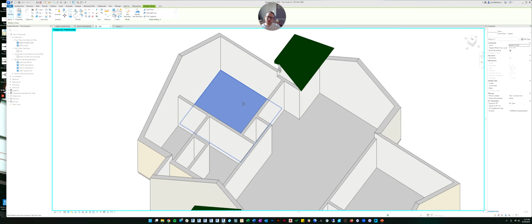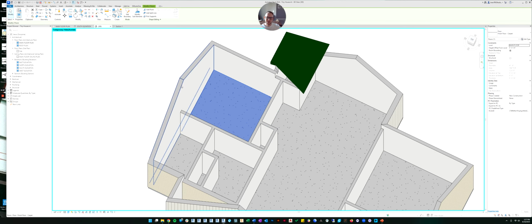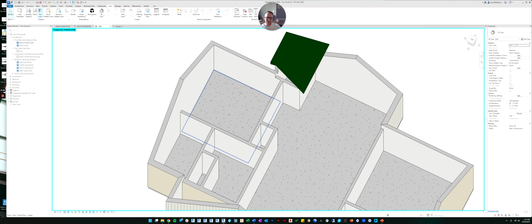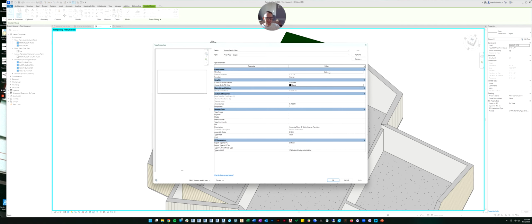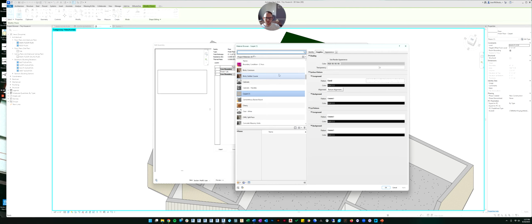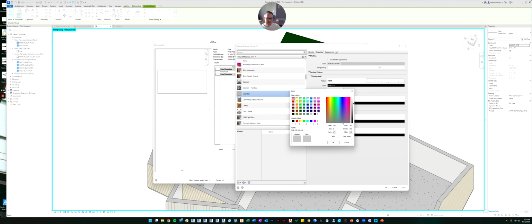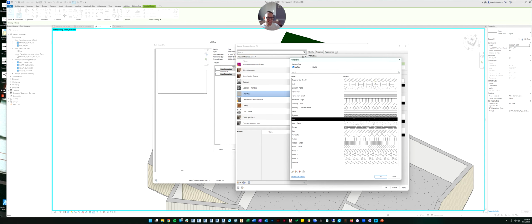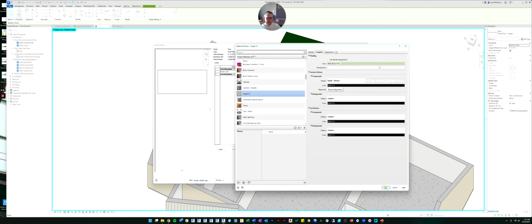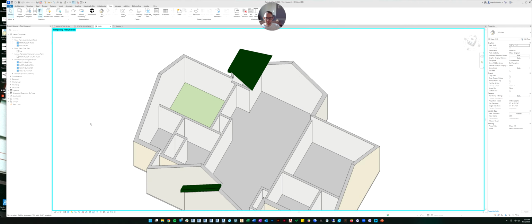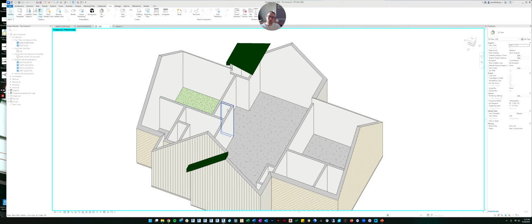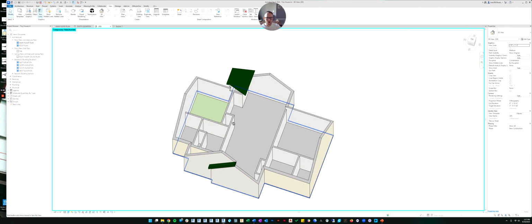Problem is, I stupidly chose the carpet has the same surface pattern as the concrete, and I even chose the same color. So let's edit our carpet and go into the material for the carpet. Let's change the color to something, okay, how about a nice mint green? And then let's change the sand pattern to a dense sand pattern. Click OK, OK. And now you can see there's our carpet. So probably not the color you would choose. Go ahead and make it whatever color you want.